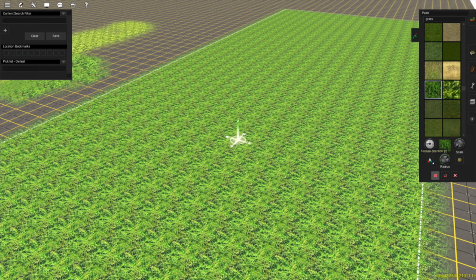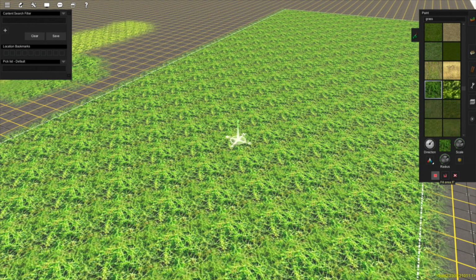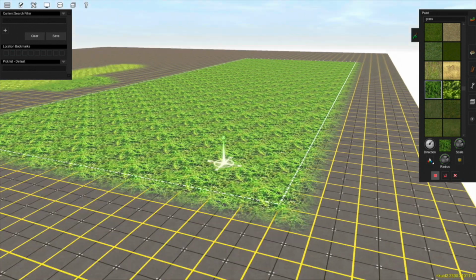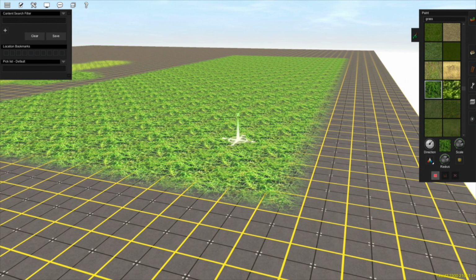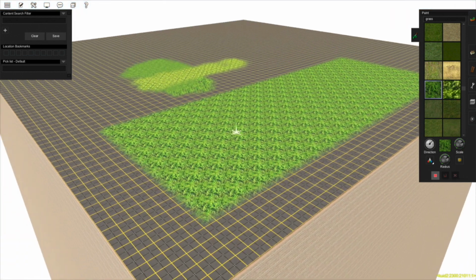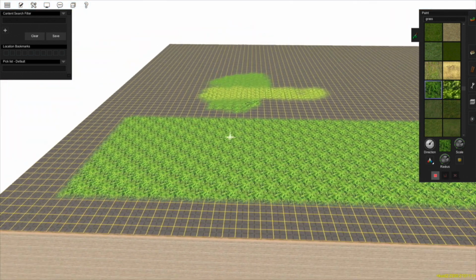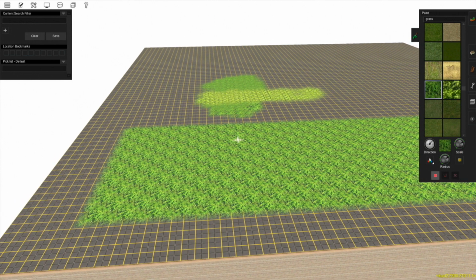So if I choose a different direction and a different scale and then press Fill Area again, you can see that it's changed. To cancel a selection that's on the terrain, click the Cancel Selection button. Now, if you want the entire baseboard to be one texture, for example a grass texture, then you can select the texture you want. For this example I'm going to choose this one, and then click on Fill Grid below